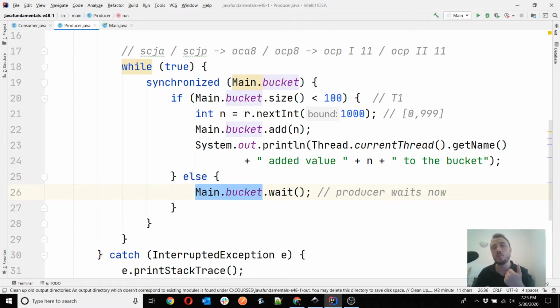Always when calling wait and notify, this pair of methods we discussed now, these are methods that you always have to call only inside the synchronized block. Never ever call such a method outside a synchronized block. It doesn't make sense. Wait and notify are two methods you can only call when you are inside the synchronized block.